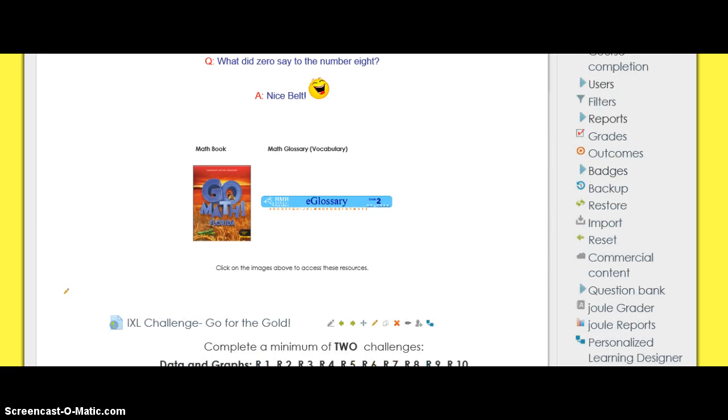Another thing we talked about is how you can link a lot of the Think Central websites straight into your teacher webpage, and it's really nice because that way the students don't have to go to Think Central and log in any other way. It's right here for them. You can link your animated math models, your Mega Math games, your math book, anything in Think Central that has a URL link. So the way that you did that,